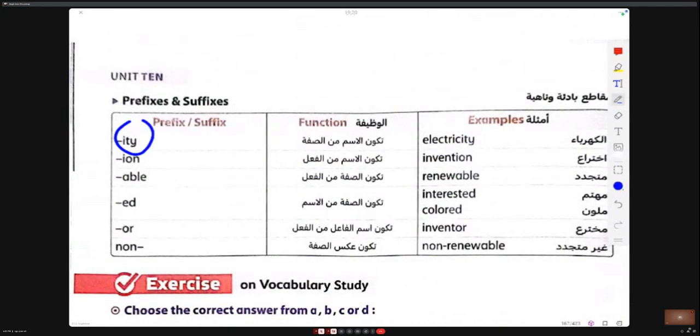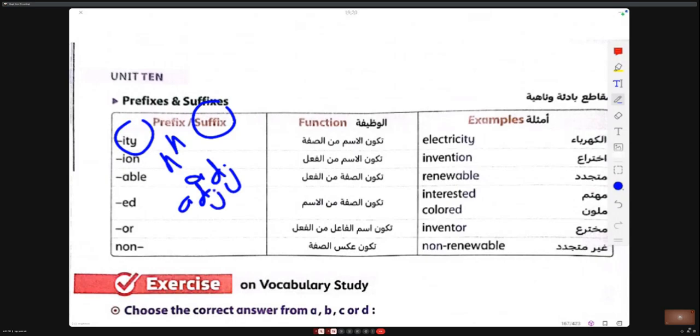Words that end in ity as a suffix are nouns. Those are nouns. Also ion nouns. Able are adjectives. Ed are adjectives.